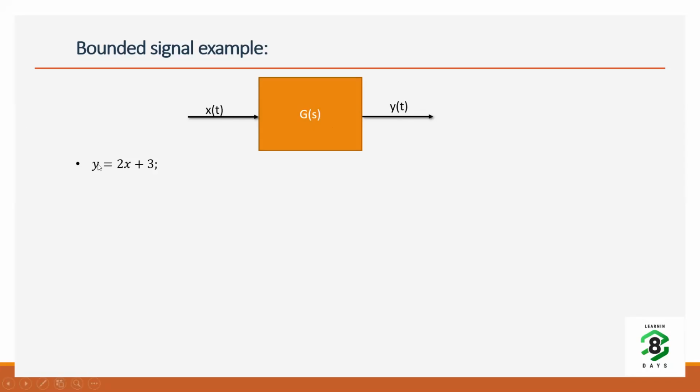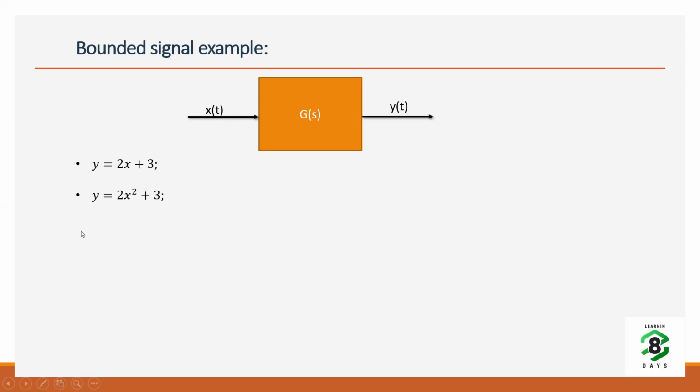So I think it will be a bounded signal because x by definition is a bounded signal. I'm assuming that x is always bounded. If x is bounded, y will also be bounded, provided it can multiply by 2 and accommodate the offset as well. But you can conclude that this is a bounded signal. You can say what the value is, and if it can accommodate that output range, it's a bounded signal.